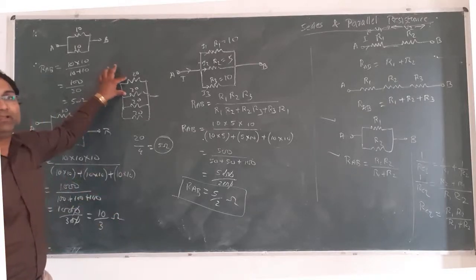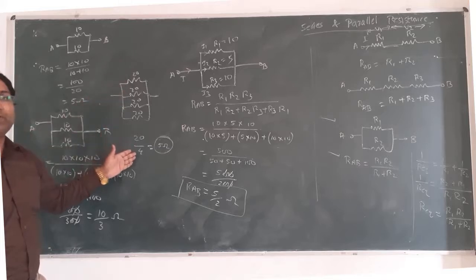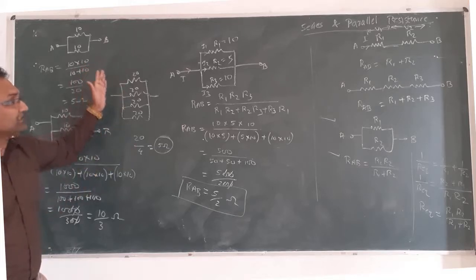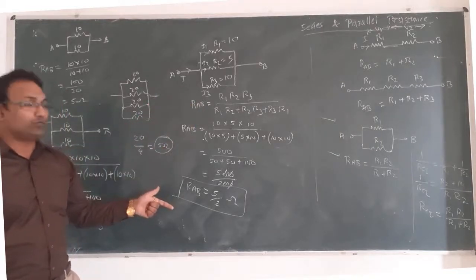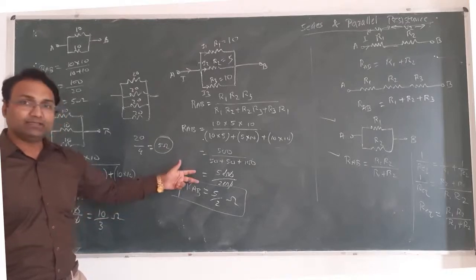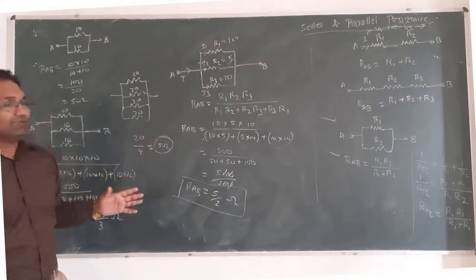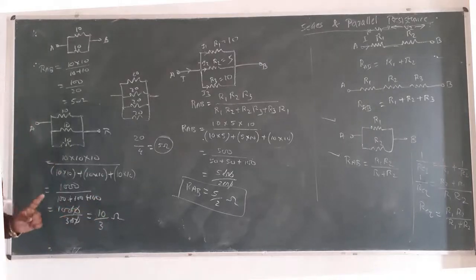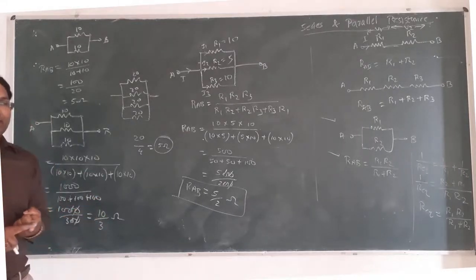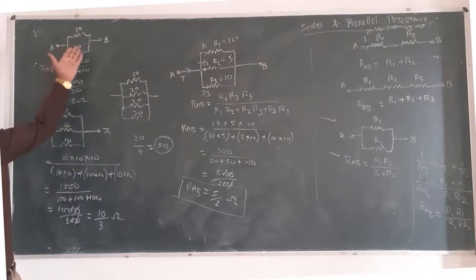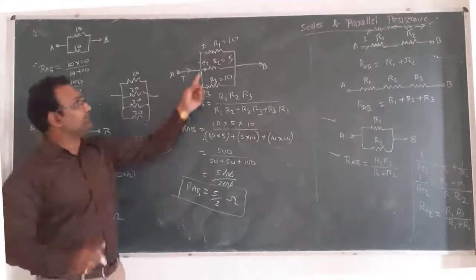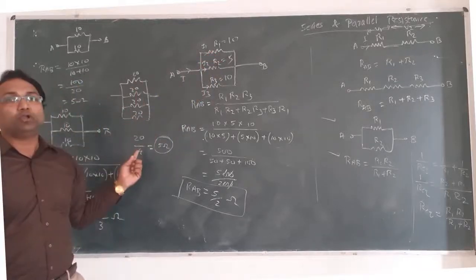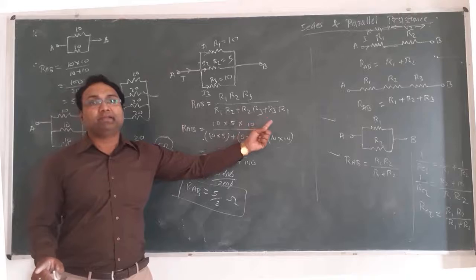When there are dissimilar values of resistances, you cannot simply divide by 4 or 3 or 2. Right? They must be solved by the basic formulas only, like in this case. So this was the logic. If there are similar value resistances connected in parallel, then it can be divided by the number of resistances: if there are 2, divide by 2, if it is 3, divide by 3, if it is 4, divide by 4. But if there are dissimilar values of resistances, then this concept cannot work. You have to solve it by basic rules.